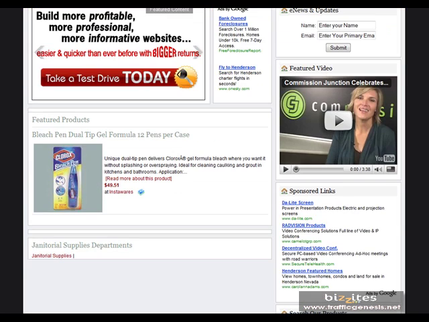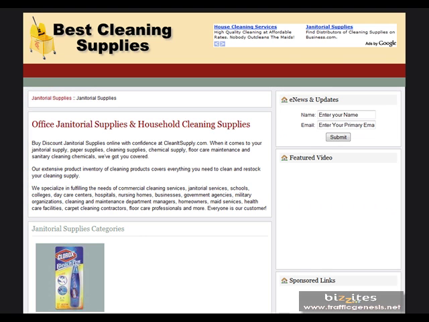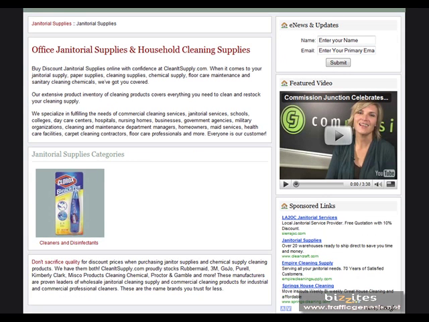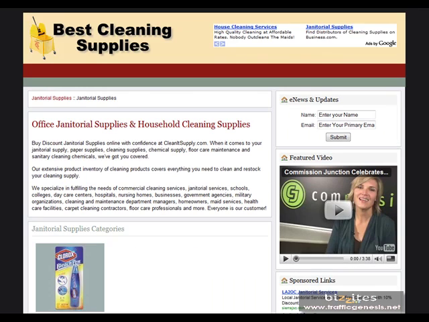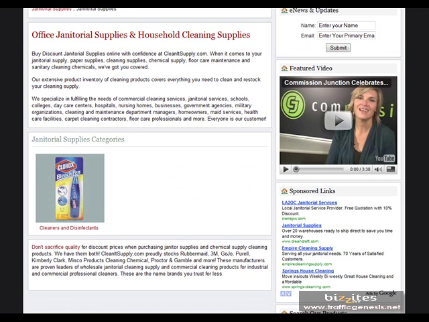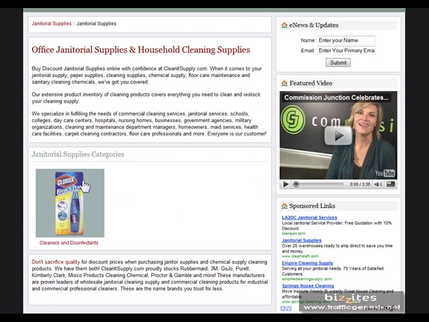So it was added as a featured product. It was added in the janitorial supplies department. And so now what has been created in the janitorial supplies department is, if you have 100 products in the janitorial supplies department, you'll see a representative picture of a product in that category that'll rotate, saying this is the cleaners and disinfectants category for the visitor. You'll have 3 of them